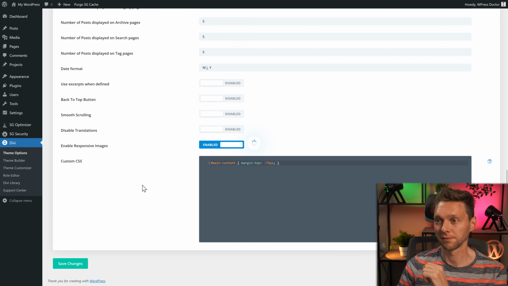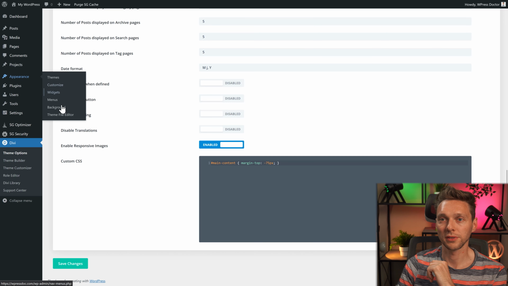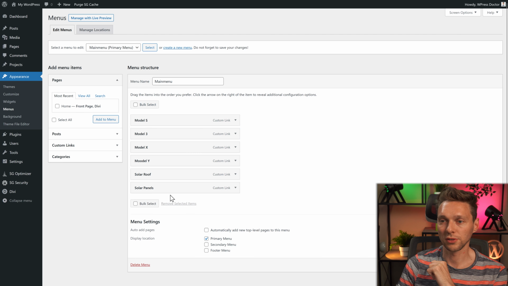Now let's create the real menu. You go to appearance, you go to menus. Then I'm just going to delete this menu. And I'm going to create a new menu called main menu. Like this. Create the menu. And we're going to add some custom links. The first one is our products. And later we're going to fill this all with our real products from WooCommerce. But now we're just going to create the menu.